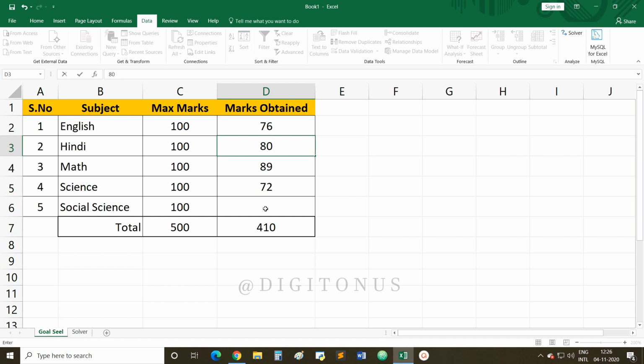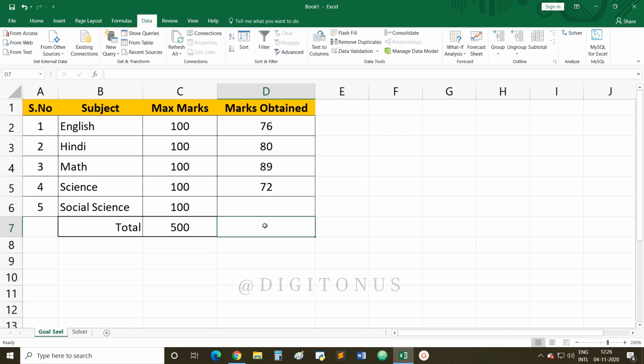Is that clear, student? Okay. Now another thing I told you in the beginning, that GoalSeek will only work when you have applied a formula in your set cell. Like here, the 317 that we have calculated, we have done with the help of the sum formula.